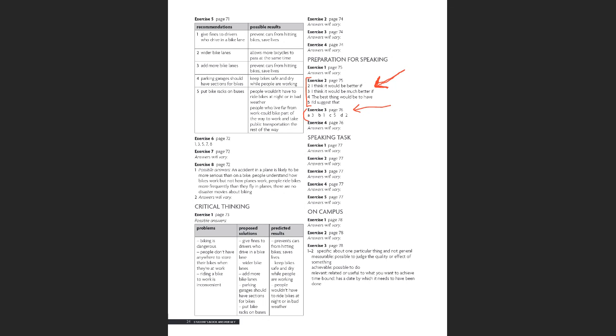Okay, so here's what I want us to do for practice. Let's take this problem of eating and driving, and I want you to practice using one of the words or phrases from page 75. I want you to give a recommendation solution, and then I want you to give a result, or let's try to put it together in a short example. So for example,